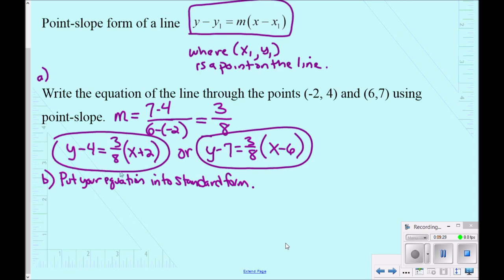So looking at this equation here on the left, if I'm putting this in standard form, remember I want something x plus something y equals some number. Well, if I need something x, I'm going to have to distribute this 3/8 so that I know how many x's there are. So I'm going to go ahead and do that. So y minus 4 equals 3/8 x plus